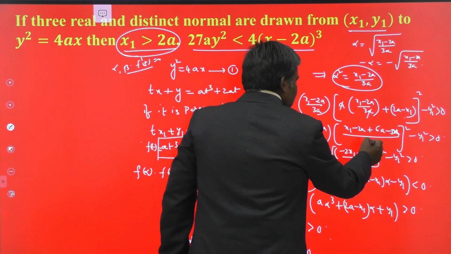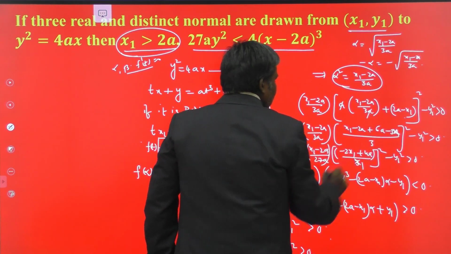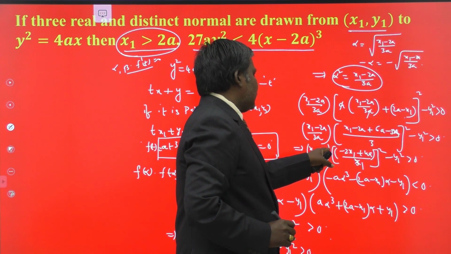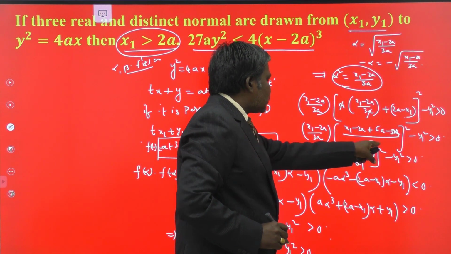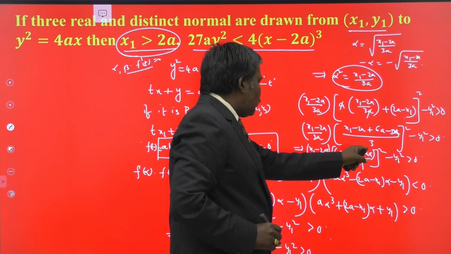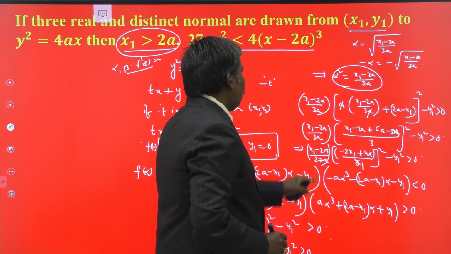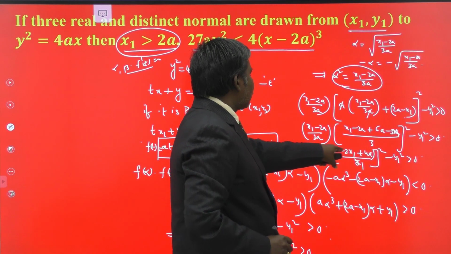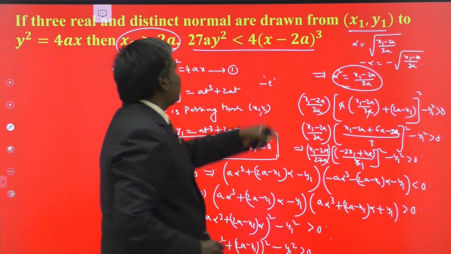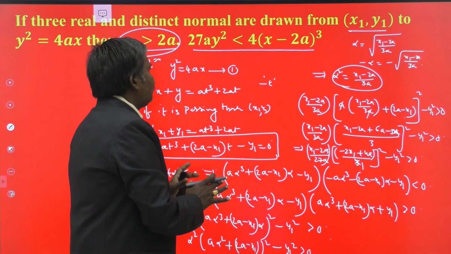Okay, this is 3 square, 3 3s are 9. 9 into 3, 27. It is coming outside. There is only 1 here. This is 2a minus x1 whole square into 4 is there. So x1 minus 2a into 2a minus x1 whole square is nothing but x1 minus 2a whole cube. That is x1 minus 2a whole cube by 27 minus y1 square is greater than 0. 4 will be also here. That means 4 times of x1 minus 2a whole cube, which is greater than 27 ay square, or 27 ay square is less than 4 times of x minus 2a whole cube. This is the result obtained from this condition.